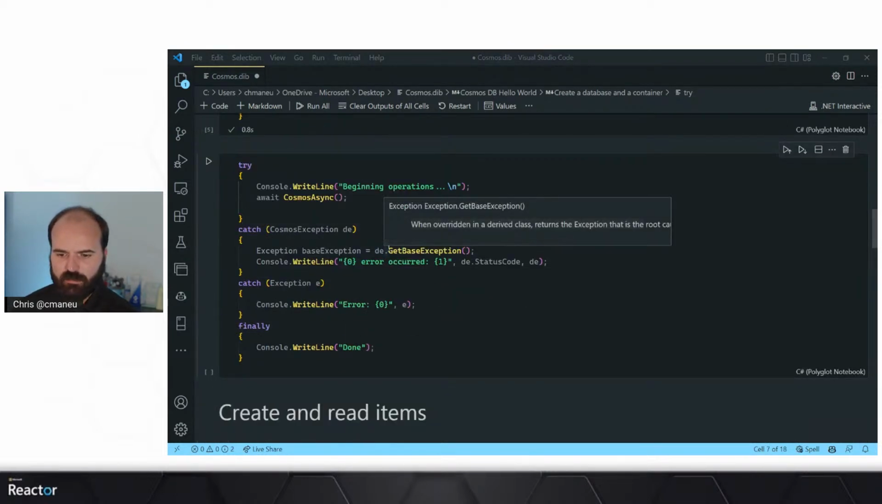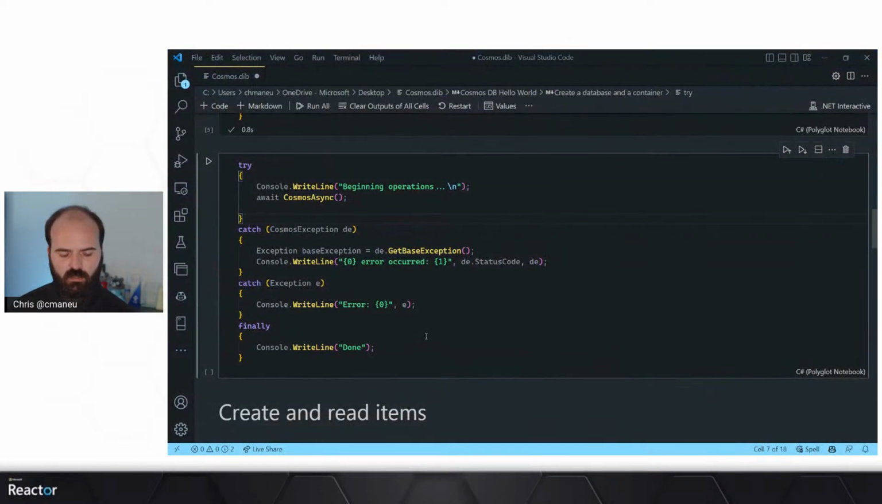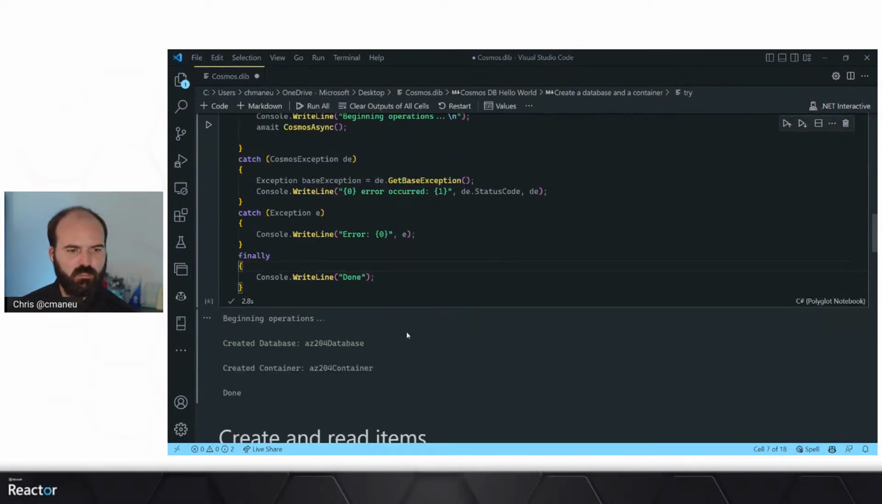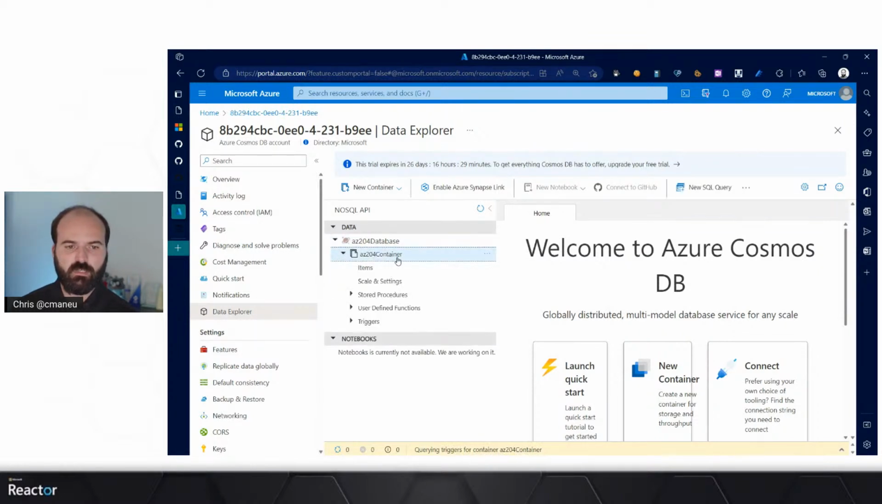So let me switch back very quickly to my Azure portal. And as you can see, I have no database, no container. I will execute that code. And hopefully, the database has been created, the container has been created. If I go back here, you can see my database has been created now, and my container has been created